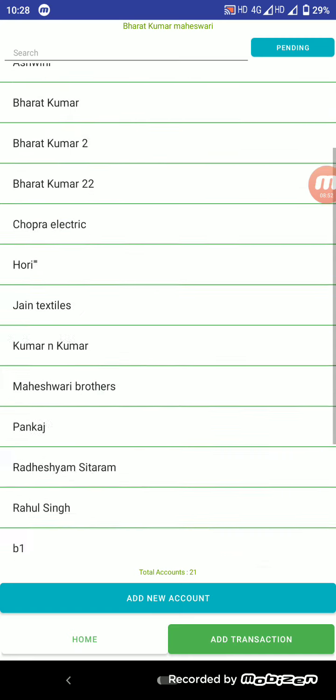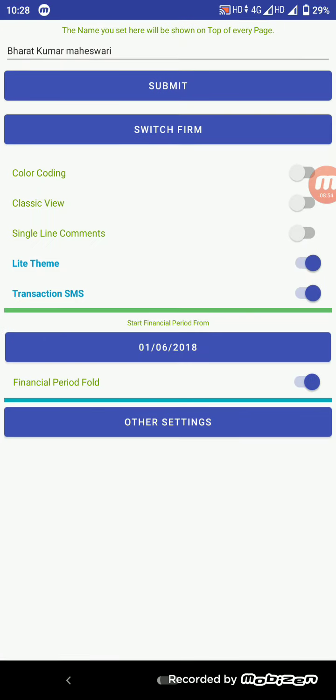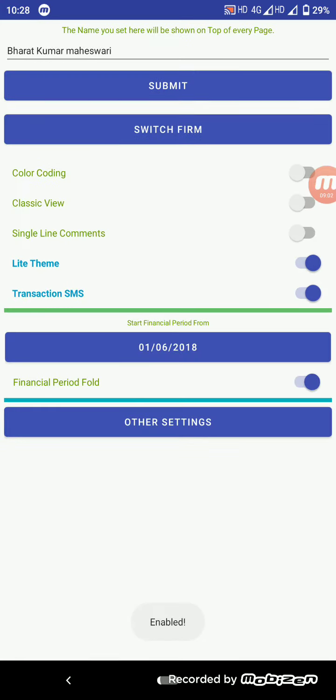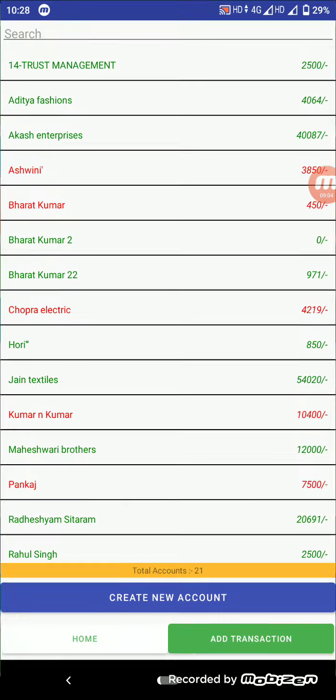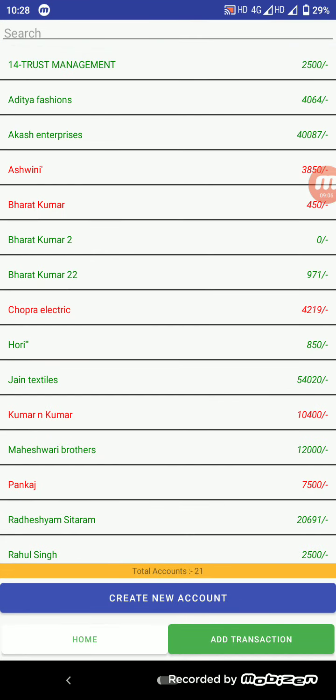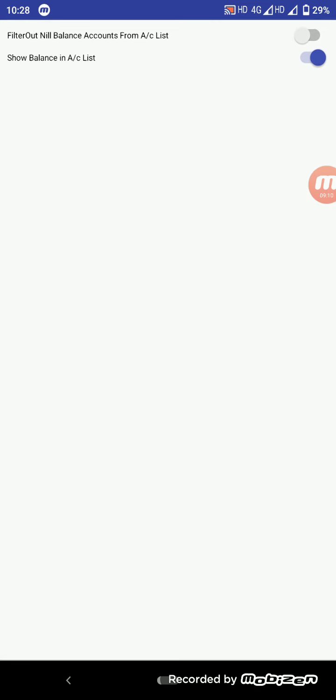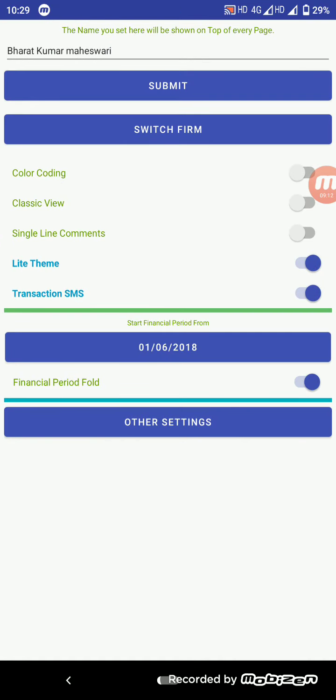This is a simple list, and if I want to see the balance with each individual account, then I just need to select that switch and it will show me like this. So these were the settings options.